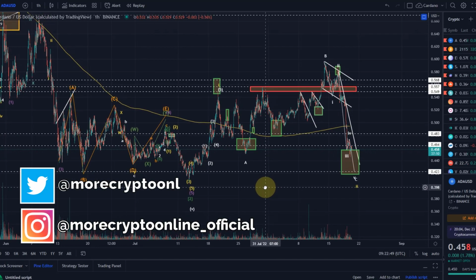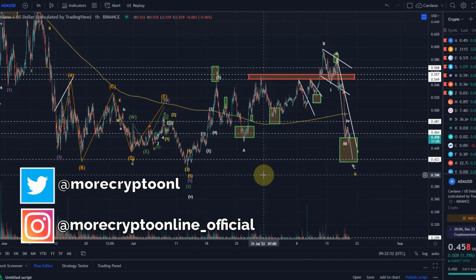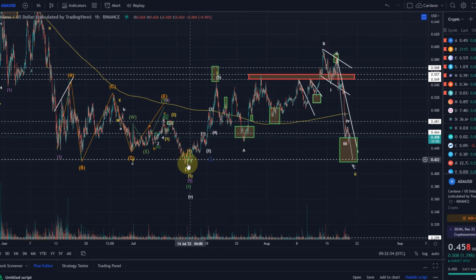So yeah, I made that change that I already announced in the last video. Before that I had another 1-2 pattern here. Took that out because we dropped below the 45-cent level, even though it was only briefly. In the end we found support here, at least temporarily, but there is no guarantee that we are going to hold it. And also, going by the rules of the Elliott wave method, you basically invalidate that overall 1-2 pattern with that move below the 45 cents.